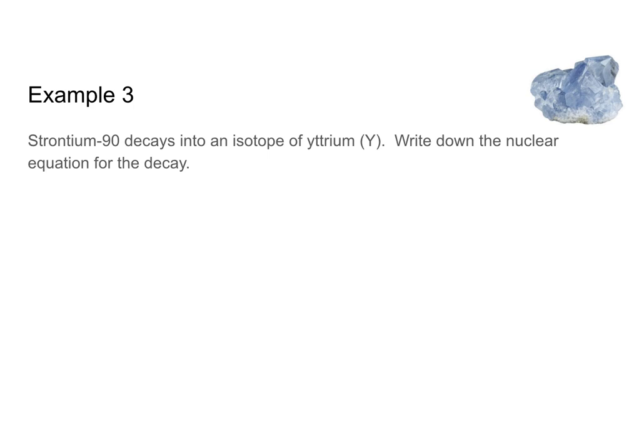Write down the nuclear equation for the decay. So I'm going to start with strontium-90. And I'm going to search my periodic table for strontium, which has a symbol of Sr. So looking at my periodic table, strontium has an atomic number of 38, and yttrium has an atomic number of 39. So what that means is I need something with a charge of -1 to balance things out. When I look at my types of decay, what that means is I must be undergoing beta minus decay,